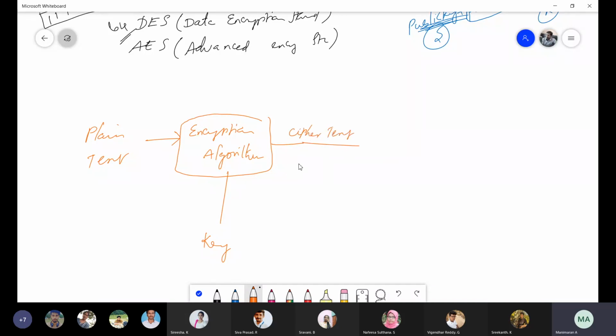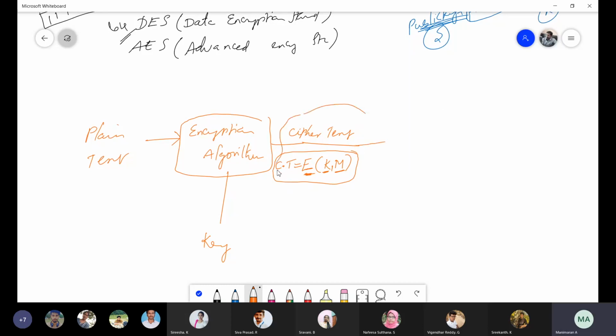What is the process? How will this encryption work? By using key value comma message. This is the plain text message, this is the key value. By using these things, the encryption algorithm is applied, and then only we get the ciphertext. This is the formula. Everything is very easy. Key value plus original message, then we apply the encryption algorithm. Any encryption algorithm: DES algorithm, AES algorithm, RSA algorithm, IDEA algorithm. Many algorithms are available, any algorithm. Then